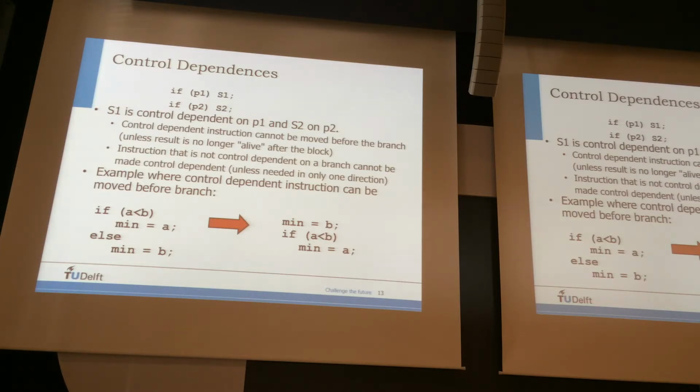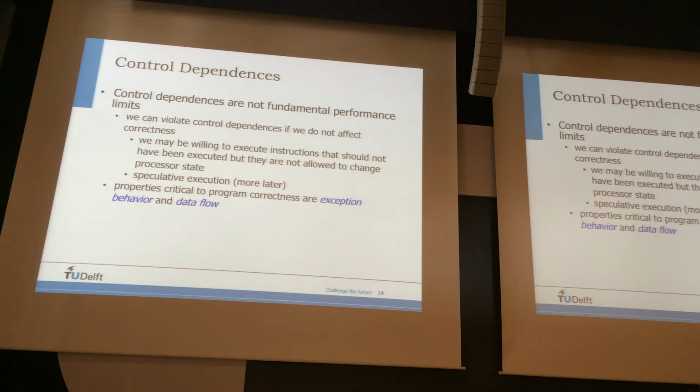And if the branch is not taken, I already have the result. If the branch is taken, I will compute the result. I moved the min equal B out of the control. This is possible in some situations, but most of the time it's not possible. And I have to be careful, because if I'm doing that, I may end up with